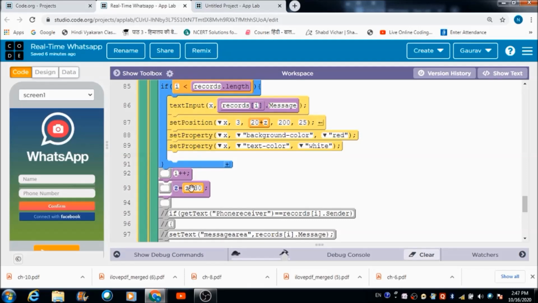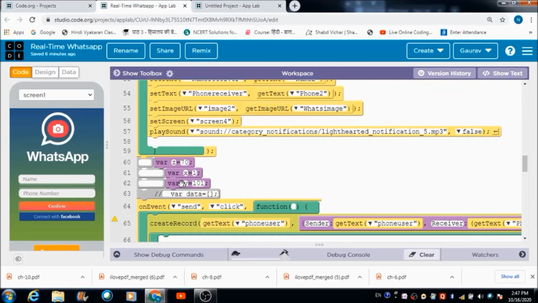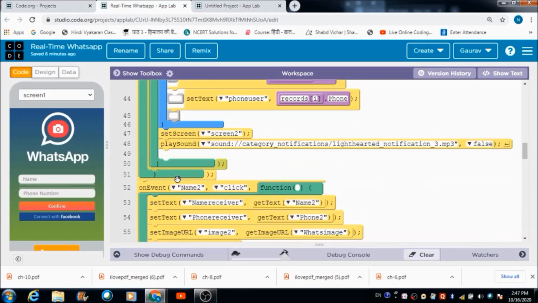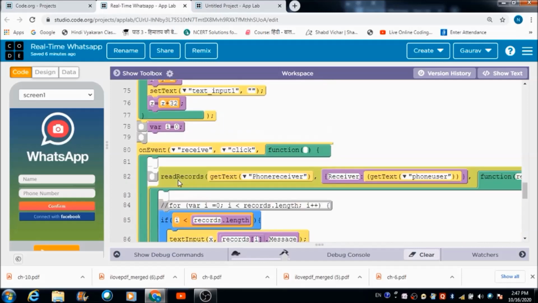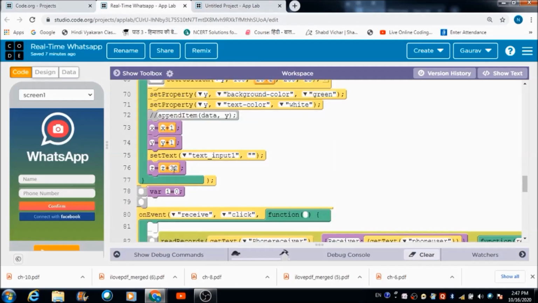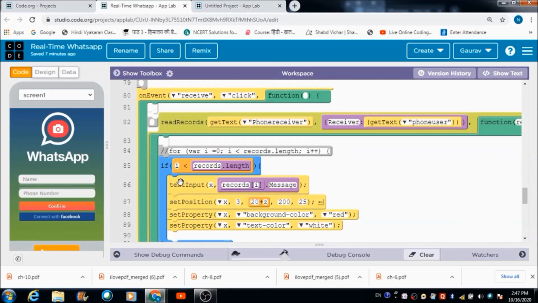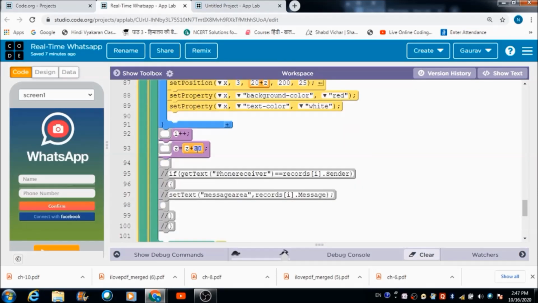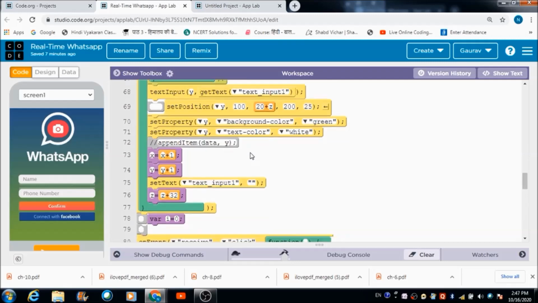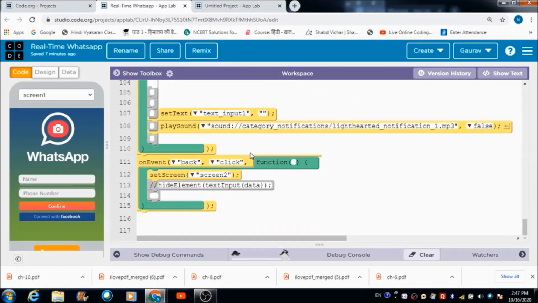Besides, the value of z is also getting incremented. It needs to be incremented here also when the user hits the send button. Here it is incremented by 32 and here by 30. If you want, you can make it 32, otherwise 30 will also work. So these are the basic changes that I have made.